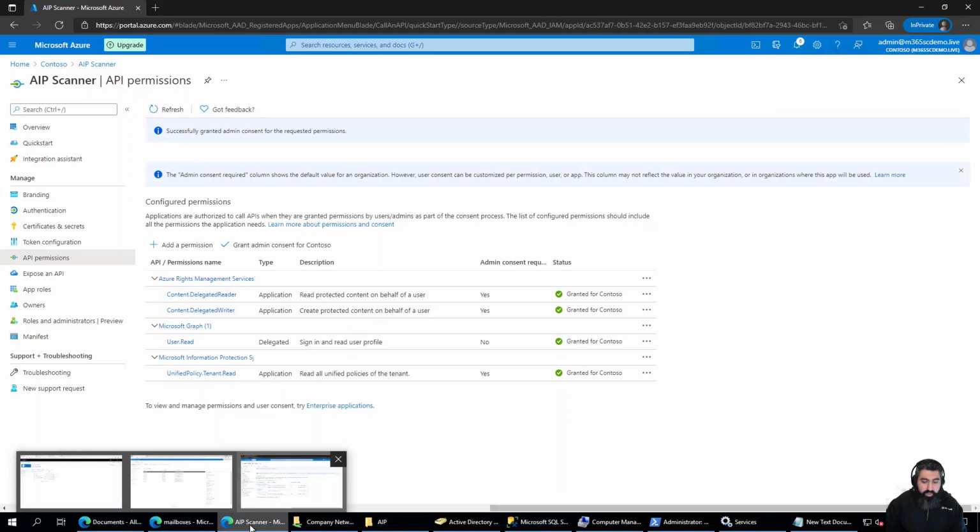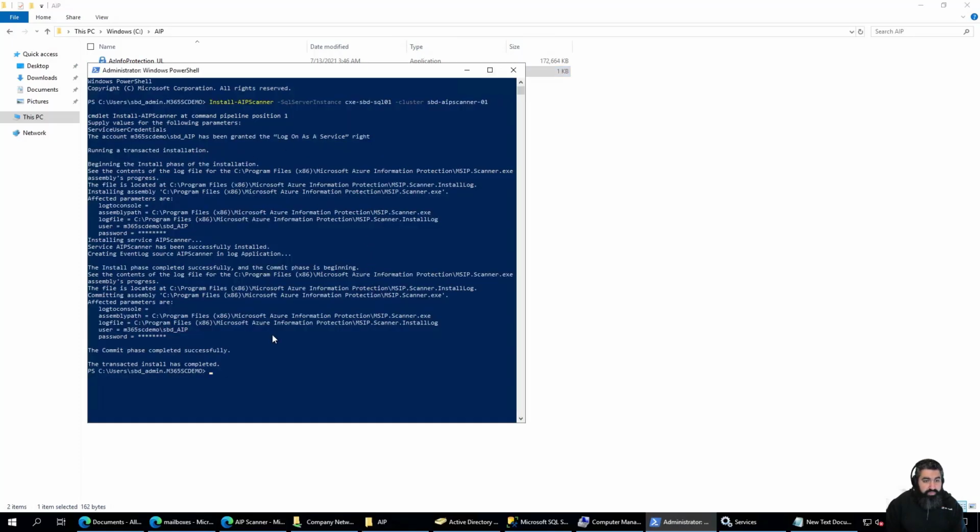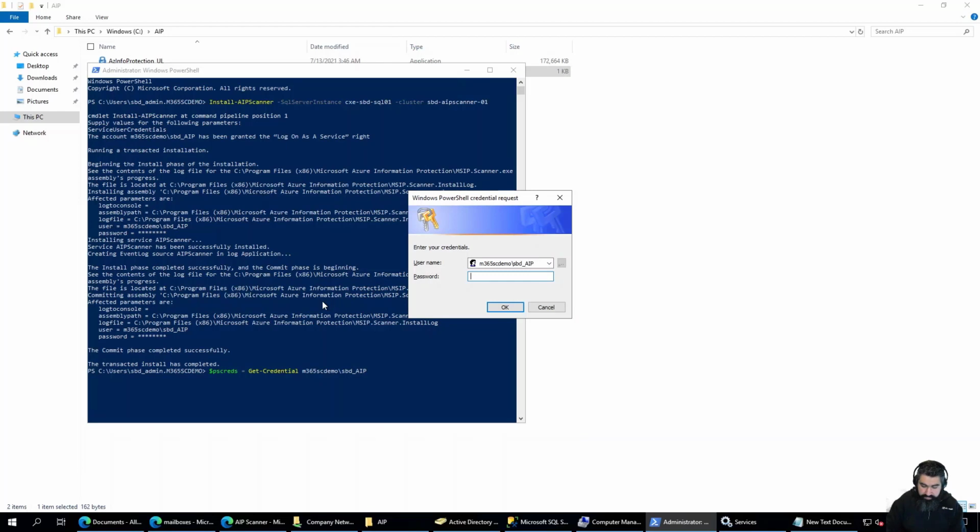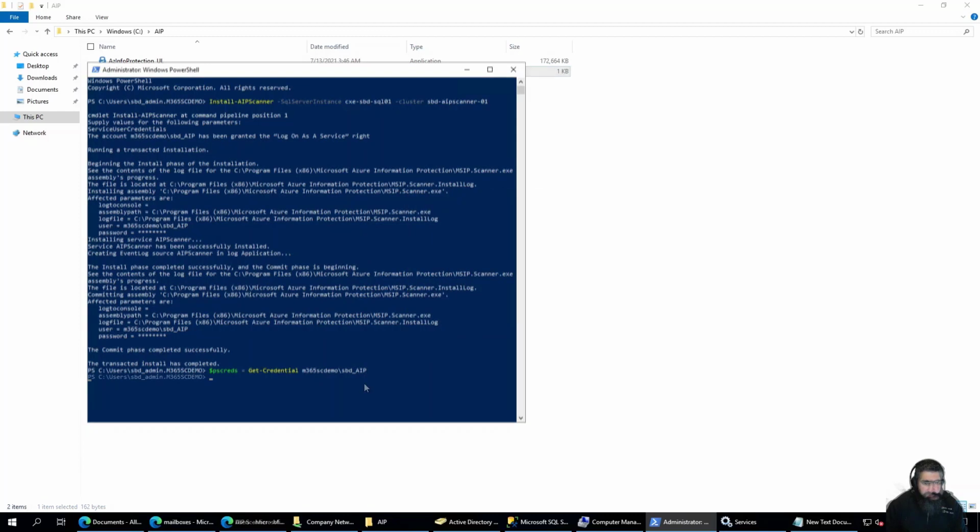Now go back to your Windows PowerShell. Now what we need to do is set the AIP Scanner authentication. So to do this, let's store our credentials in a variable. Now we've stored the on-prem AIP Scanner service account credentials in a variable. Now we need to set the AIP authentication. To do this, we have to start by typing Set-AIPAuthentication,